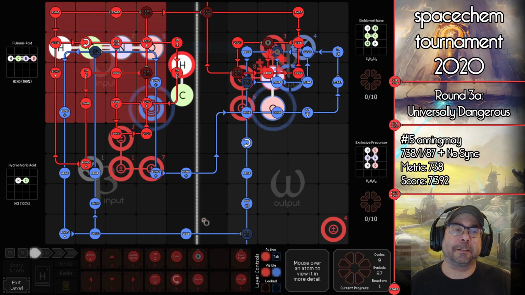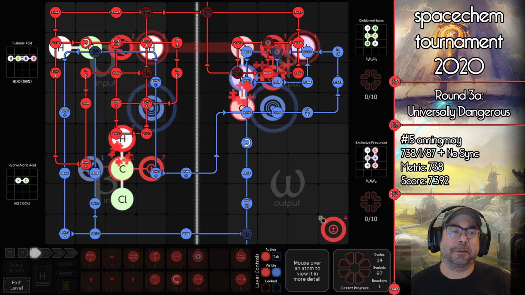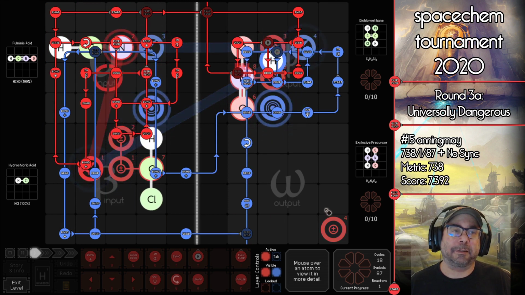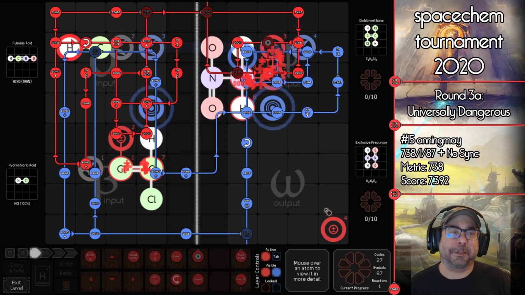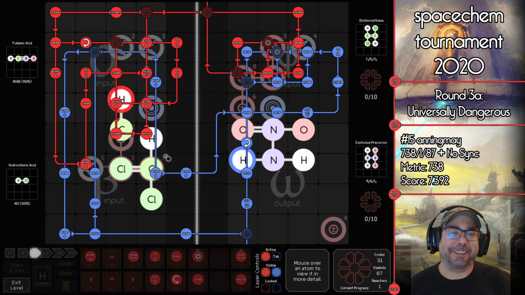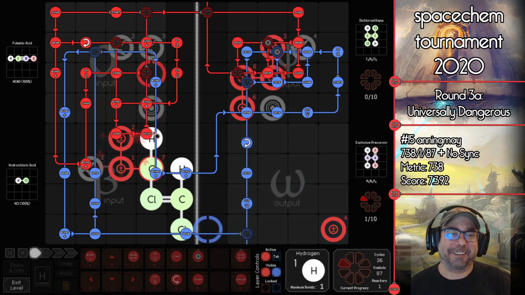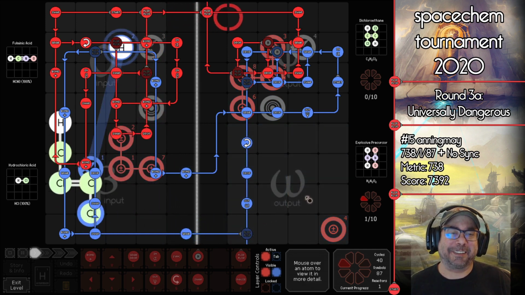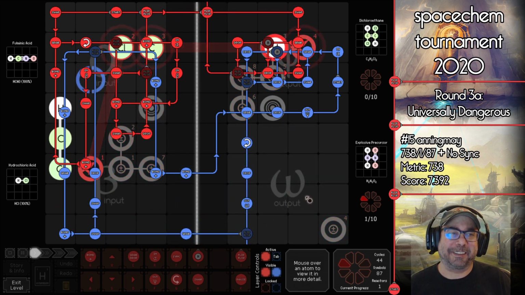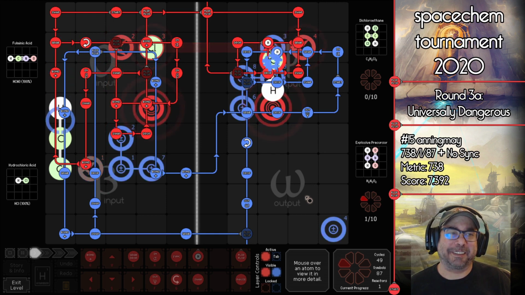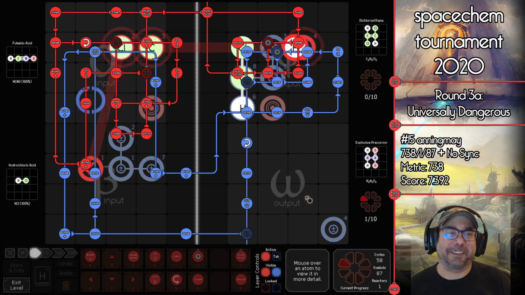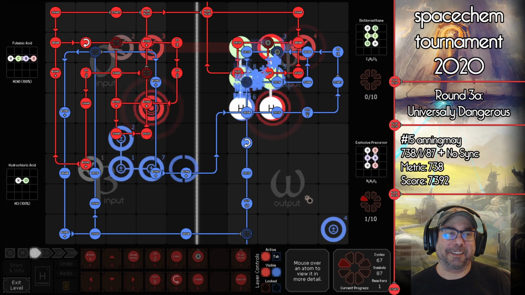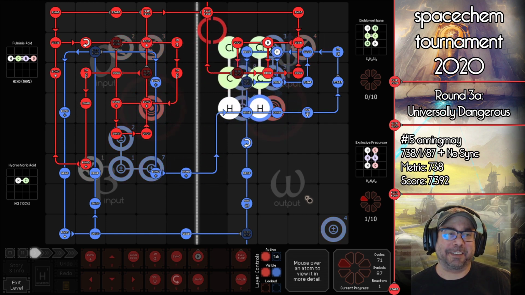Right. So when I first looked at this solution, my first thought is, wait, you're making dichloroethane on the wrong side of the reactor. As you can see, he actually ends up making what looks very similar to it, but not quite dichloroethane on the left side, over in the inputs. But it ends up actually being pretty good. He's got pretty good use of swappers over the inputs, and he has a very nice delivery with